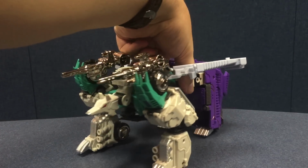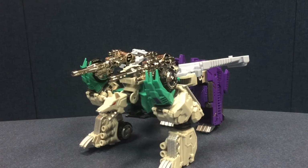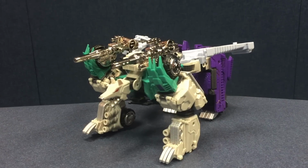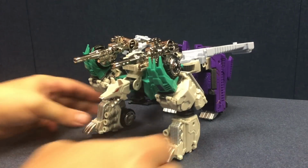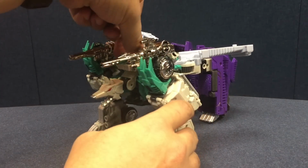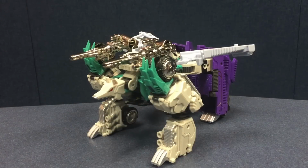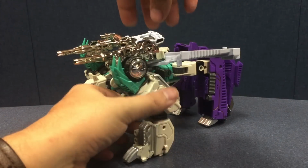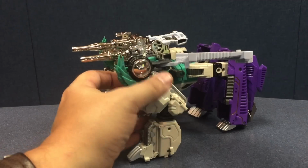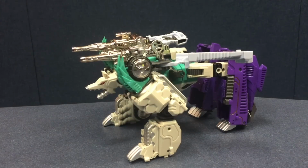All right, and here he is in his winged wolf mode, which is pretty cool. Again, not a whole lot of real visible changes aside from the colors. I will say one of the things that I find really nice is, on top of the fact that these have been chromed, they go in and out of the peg holes very easily. A lot of times when you take a weapon that's designed for a figure and chrome it, you end up having some issues